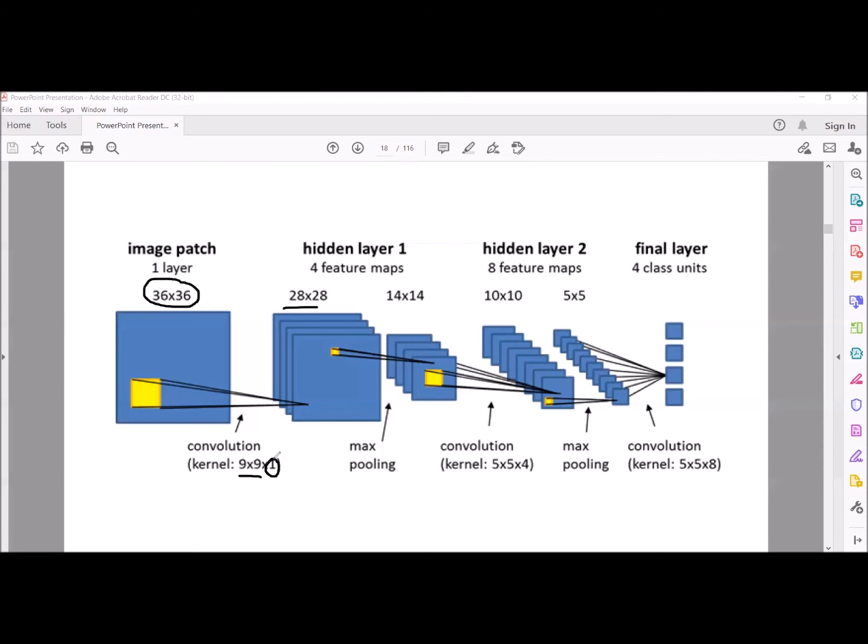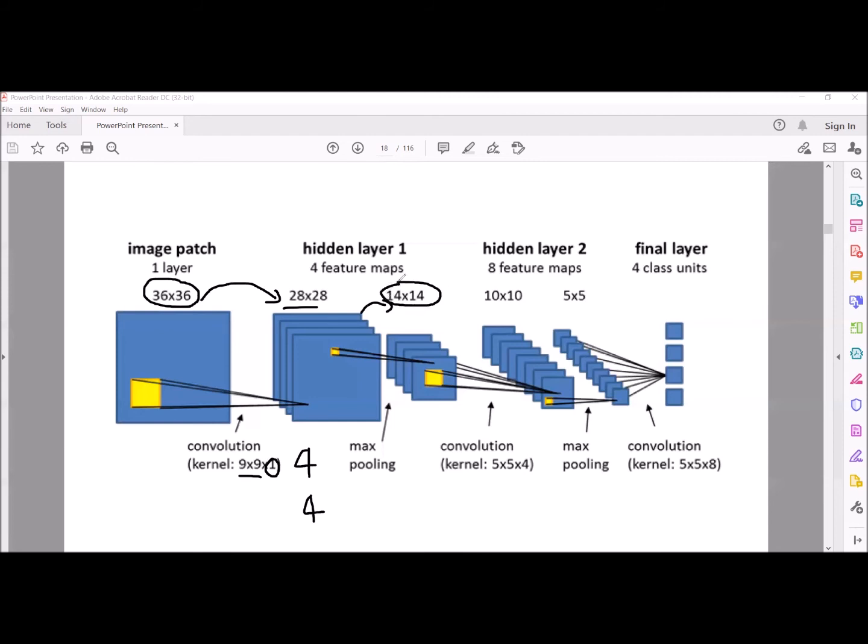Later we will discuss that. We have taken 4 filters and we are applying these 4 filters to that image. Then we will get 4 feature maps. After application of this kernel or filter, you can observe the size is reduced to 28 by 28. Now we are getting 4 feature maps after the application of the filter. Now after the max pooling operation, the size is further reduced to 14 by 14.